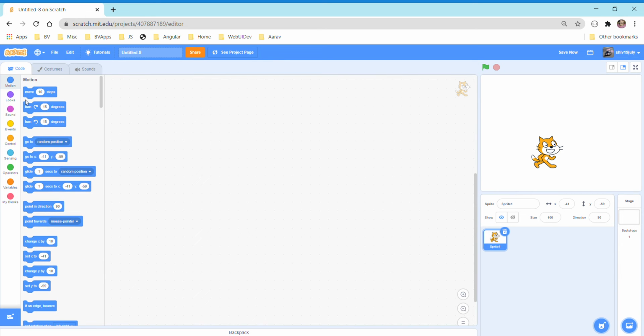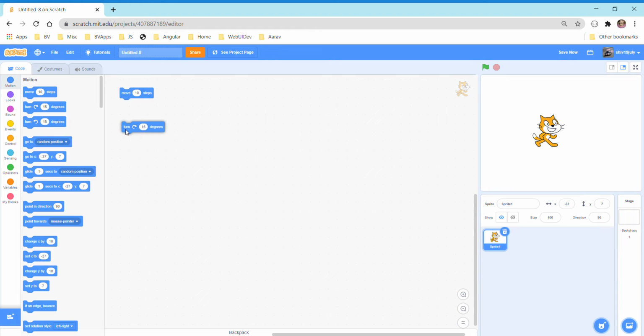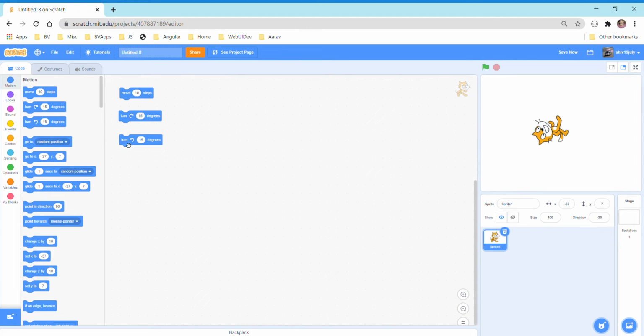Here are some blocks. When you go to the Motion category, the first block is move 10 steps. When you click on move 10 steps, this character will move 10 steps forward like this. The next block is turn 15 degrees. When you click on this, the sprite will turn 15 degrees right. When you click on this one, turn 50 degrees left, it will turn to the left side,